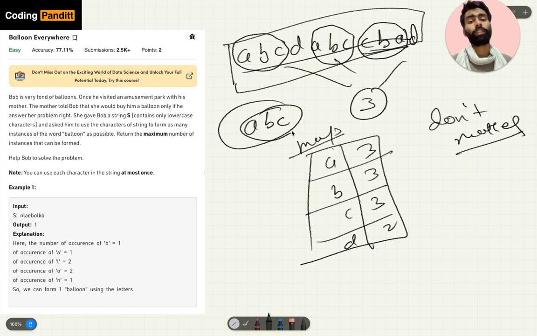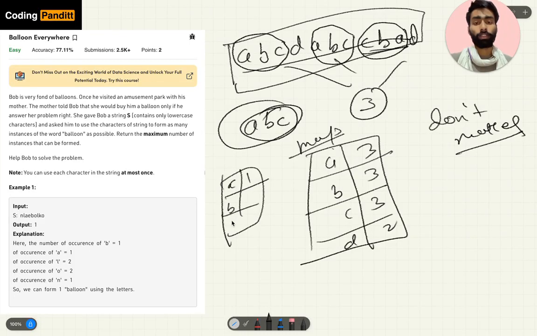And now we need a hash map for this one. Here A needs 1, B needs 1 and C needs 1. So using this we can compare. For one word we need 1 A, 1 B and 1 C.